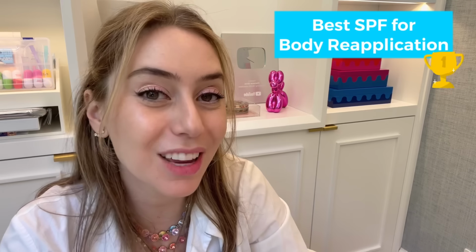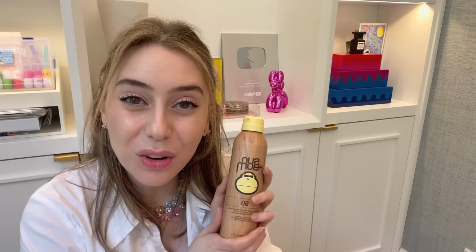But these are two great body ones. And best reapplication for body, if you're an avid runner or an athlete or a mom on the go and you don't have time to sit down to moisturize everything, I don't hate on aerosolized sunscreens. I don't use them on my face because I don't want to inhale them, but I don't hate on them for the body. But my issue with them is that most people just go,